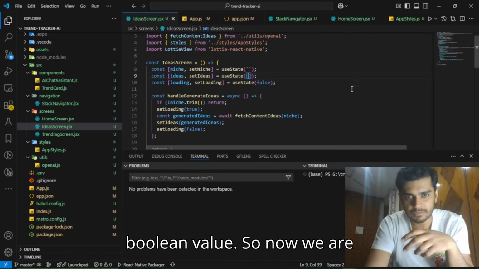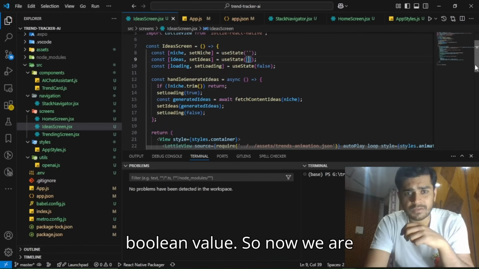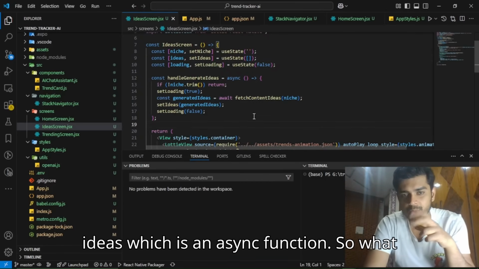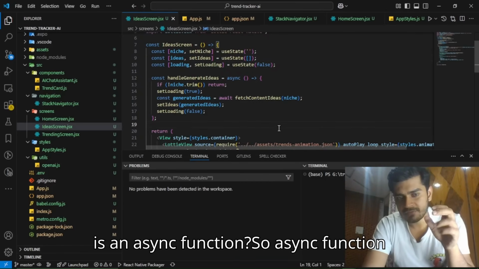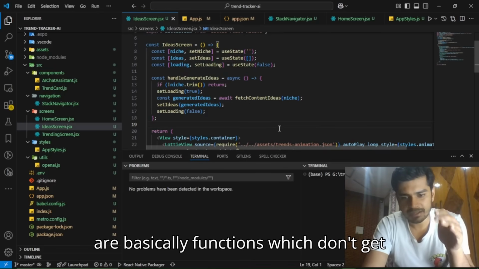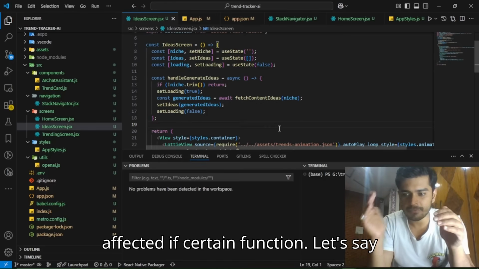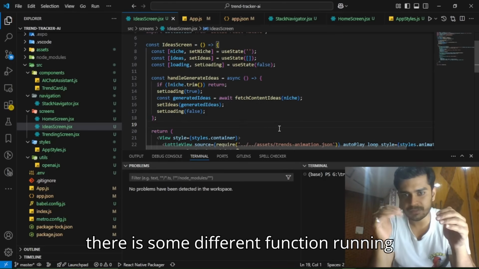So it's a boolean value. So now we are making a function handle generate ideas, which is an async function. So what is an async function? Async functions are basically functions which don't get affected if there is some different function